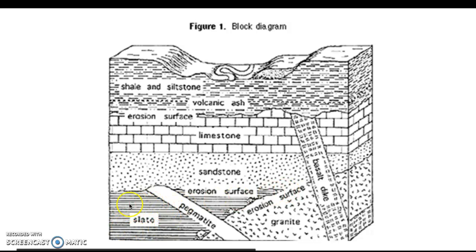Because the slate is mudstone, we'll say it's potentially like an Everglades situation. It's swampy mudstone, it's terrestrial, it's land. But the water level in the area is rising. The water level is rising over time, and what used to be land, swamp, estuary type area becomes a beach, and now we have sandstones. As the water level rose, we now have sandstone in this area. Beach. It's a really nice beachy area. Sand being deposited, layer after layer after layer of sandstone. But the water levels continue to rise. You probably don't know this, but limestone comes from the middle of an ocean. It doesn't have to be super deep, but